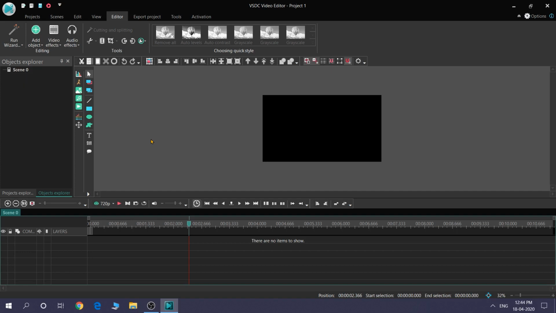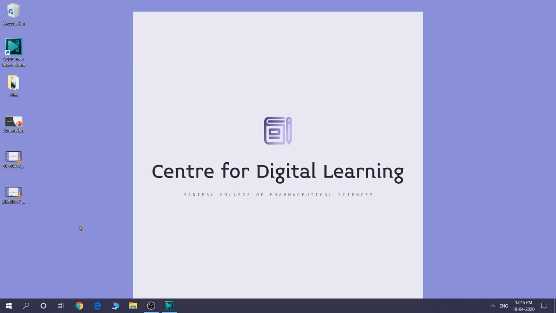Now let us try importing a clip into this. So the clips that I have stored, let us minimize this window. On the desktop, you can see the two files that were generated by our screen recorder. So my job now is to combine these two files and trim or cut out or edit out the parts which are not required from these files. So that is what I am going to do now. So how do I first import the first file? One way is to drag this file